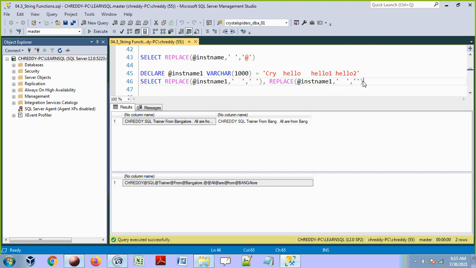So now let's execute this one and check the behavior of these two replace functions. Just give me a minute guys.